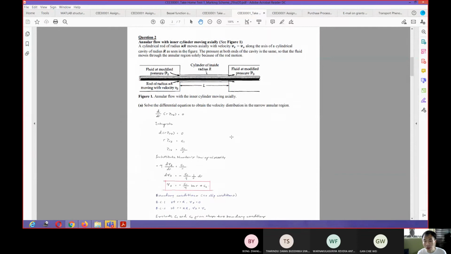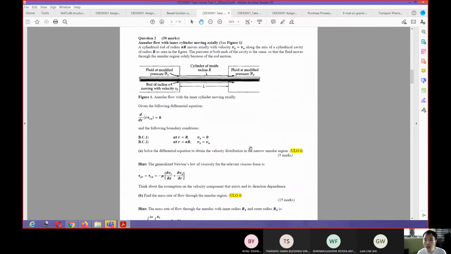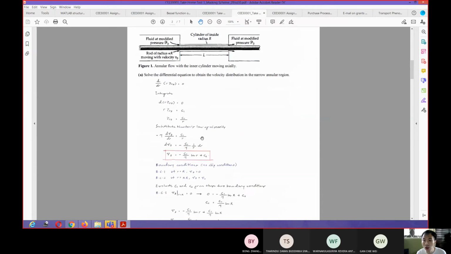If you get this one, then this will cover 20 marks of yours. And then for the take-home test question 2, it's quite straightforward already. I give you the following differential equation and ask you to integrate using these two boundary conditions. No need to derive everything from first principles and derive the momentum balance and everything. Simply do whatever I ask you to do. Here, it's clear already: solve the differential equation to obtain the velocity distribution in the narrow annular region. So what you need to do is just